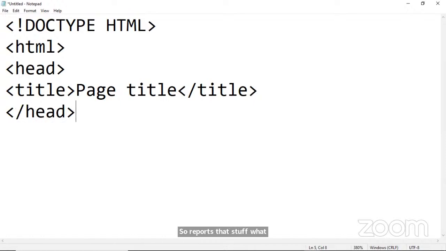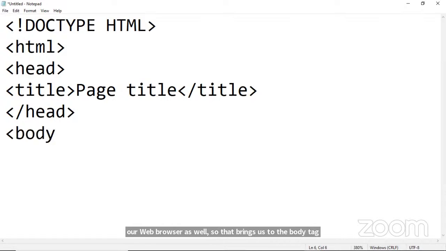What is next? We now want to have the contents to be displayed on our web browser as well. So that brings us to the body tag. So we open our body tag, then